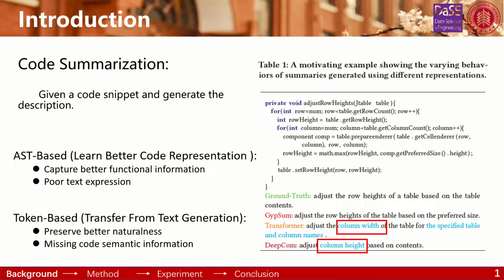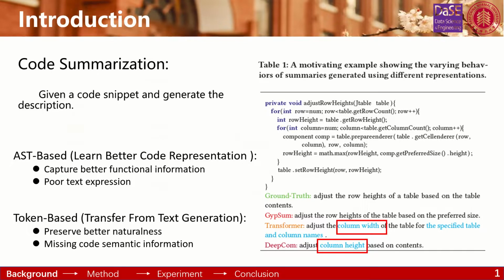Here, we use a running example to illustrate the motivation of our paper. As shown in the figure, apart from GypSum, we use two representative models that apply the above two methods to generate comments on the same code. We observe that the summary generated by the transformer is detailed and fluent, but fails to describe the core effect of the function. And the summary generated by the AST-based model describes the functionality closer to the ground truth, but it is too brief and grammatically incorrect. This motivated us to propose GypSum, which leverages two encoders to learn hybrid latent representations from